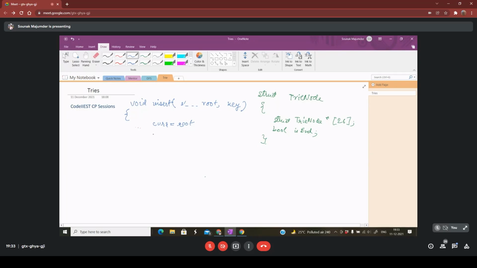In each node there are 26 children, the number of characters in the character set. So we start with, say, for i equals 0 to the length of key. Now the index. If we are using an array, whenever it is something to do with characters, we can use arrays, or if we are using Python, you can use a dictionary as well. But since it is only 26, it is a constant space, so you don't have to use dictionaries, and additional time complexity can happen.